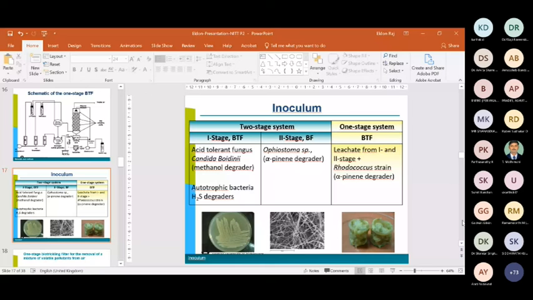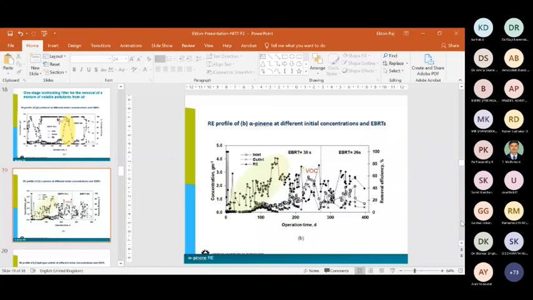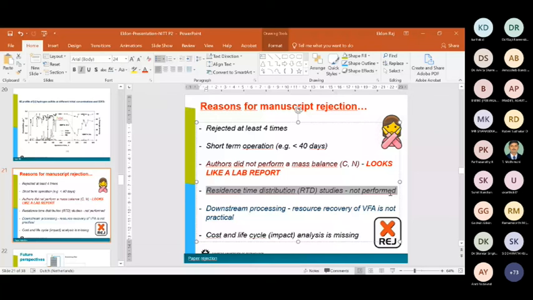So some of the reviewers would ask us to perform an RTD test, a residence time distribution test with a tracer, so that we know what kind of profile we get, and whether the residence time is really maintained. And in some cases, some of the papers were also rejected, like what I mentioned for VFA. We did not do resource recovery. We only showed that VFA was produced as a proof of concept, but then the reviewers wanted us to do resource recovery. Resource recovery means you need to use some synthetic resins or anionic or cationic resins, and then try to recover all these